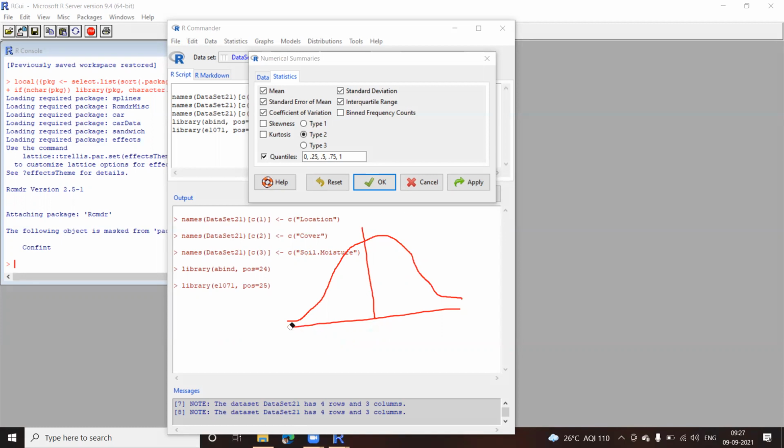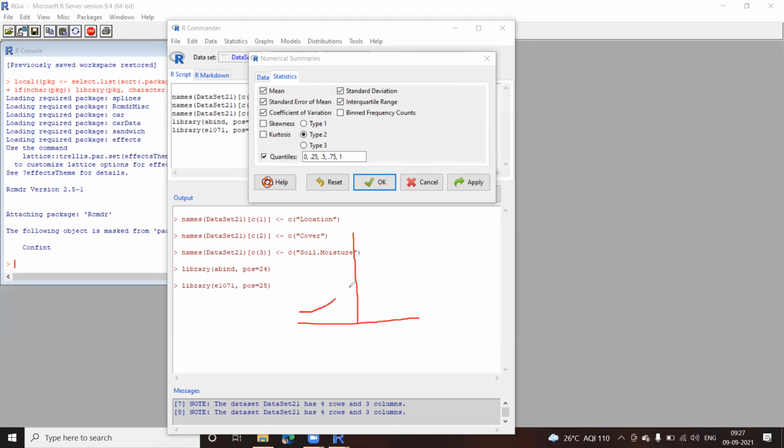Let me remove this and get that pen. It can happen that the curve is not exactly the curve which I want.